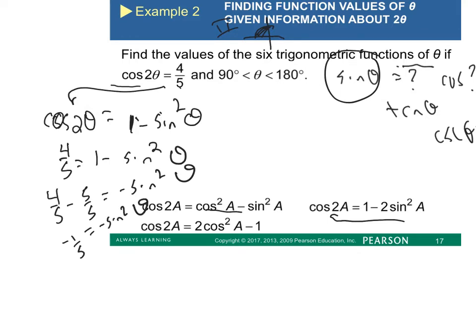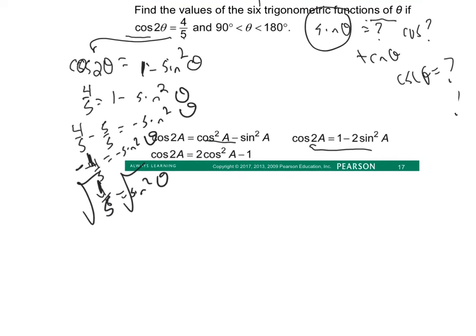Divide both sides by a negative. Oh, that was a negative 1/5, sorry. 1/5 equals sine squared theta. Take the square root of both sides. Ta-da, you're done. I would say plus or minus,